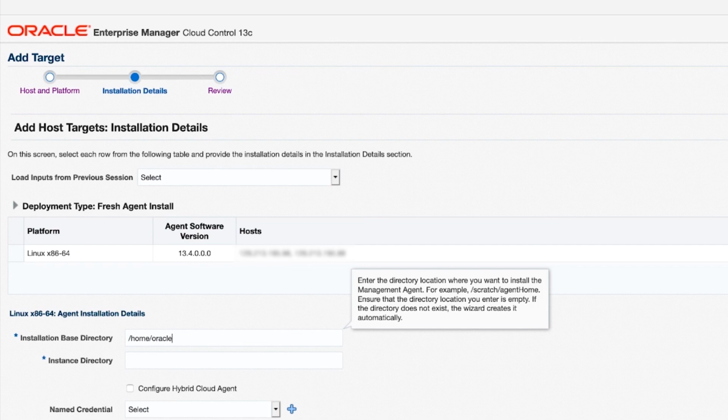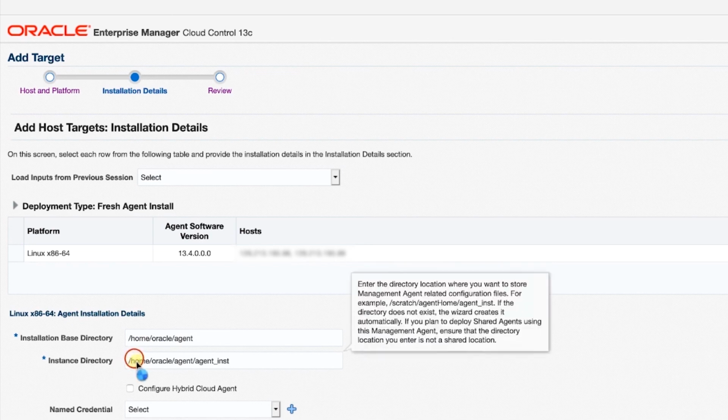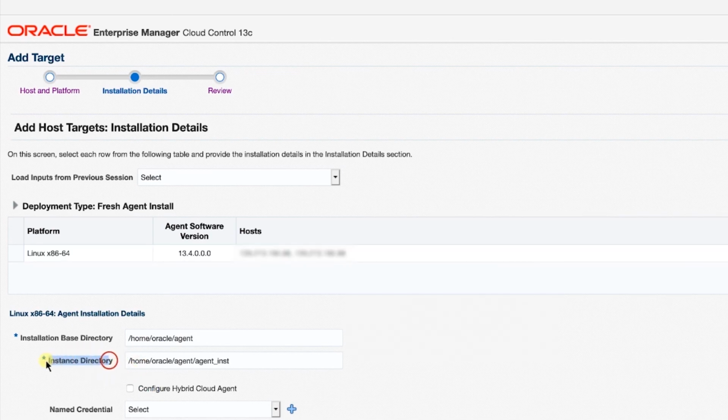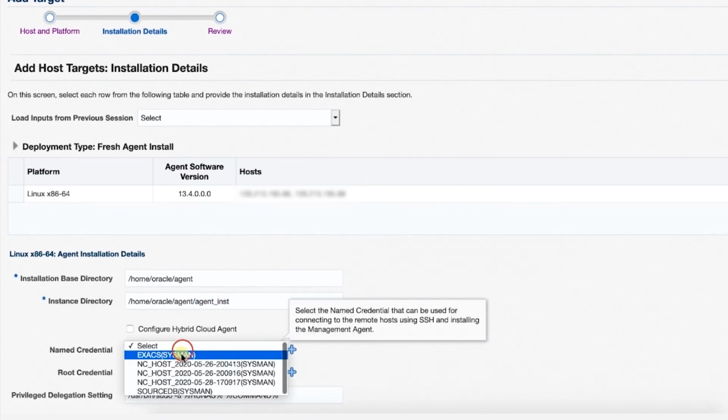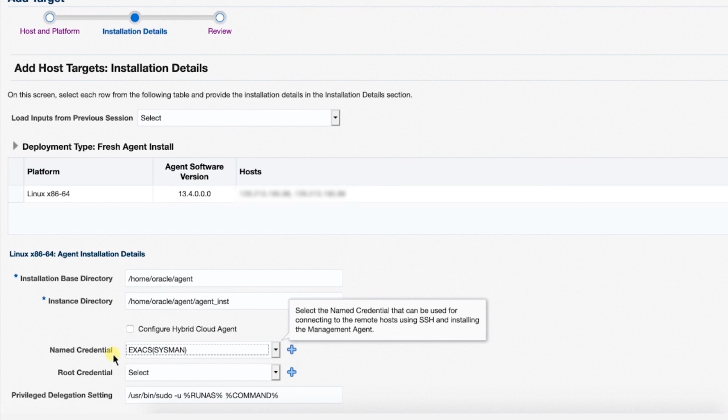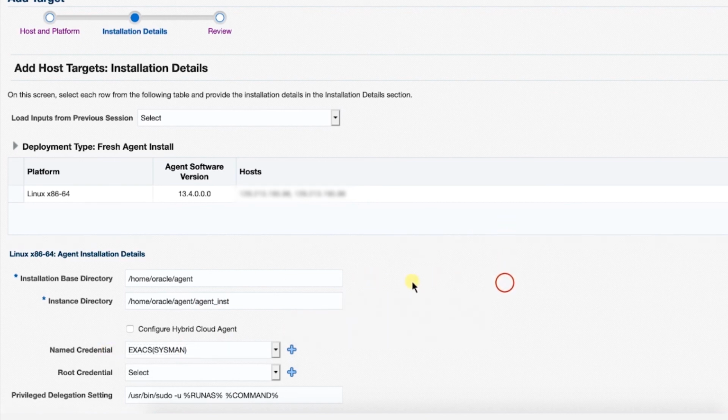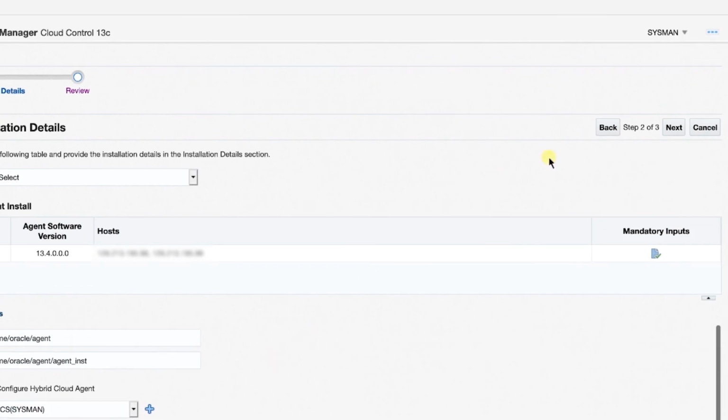The directory doesn't have to exist. If it doesn't exist, the wizard can create it. So we can just do something like /home/oracle/agent. Then this instance directory will auto-populate with another folder. For the name credential, we just select the credential we already created as part of an earlier exercise during this lab. Then we're going to select Next